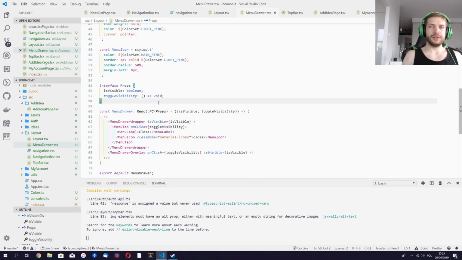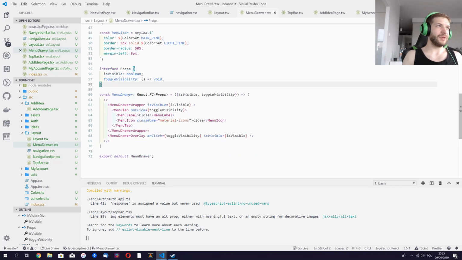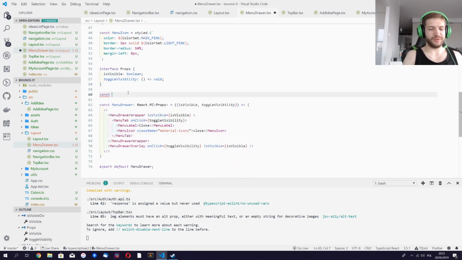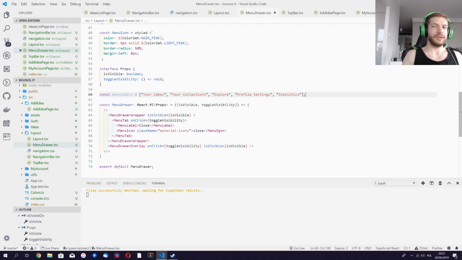Then let's think about the submenus that we could have here, just for fancies. This is gonna be something like your ideas, your collections. Remember, those aren't gonna do anything. They're just for filling out the content and building the component. Profile, settings, and statistics. Okay, all right, and we can do